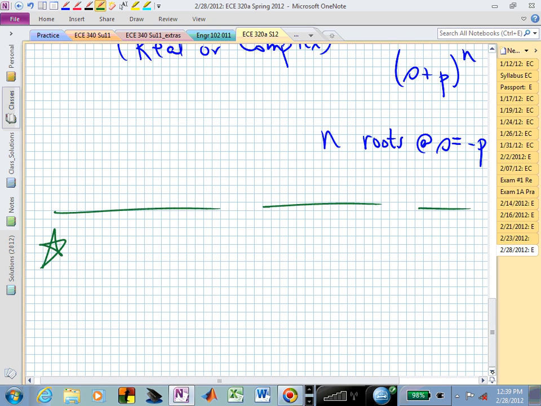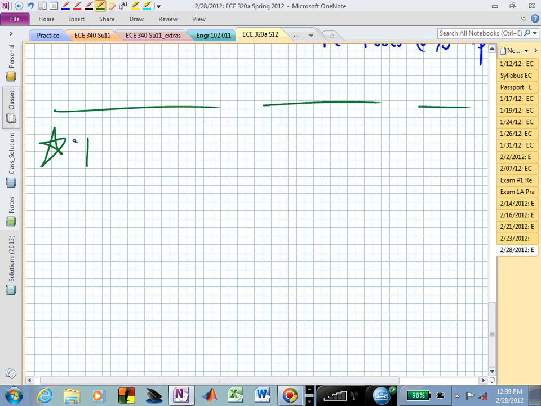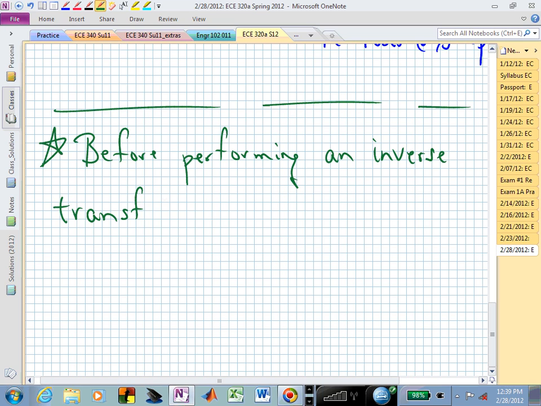So that's this star that I'm trying to identify. Before performing an inverse transformation or an inverse Laplace transform,